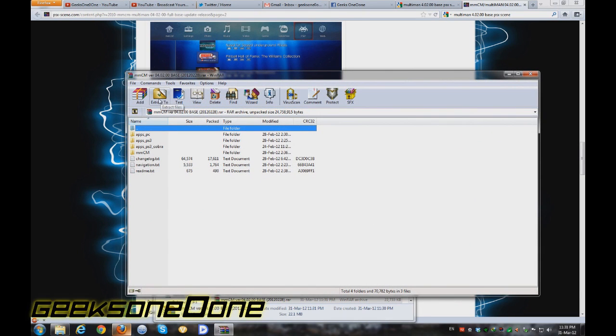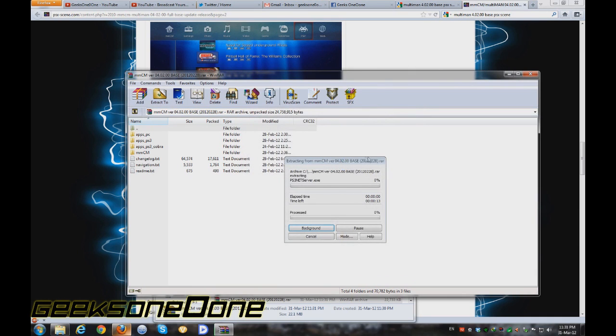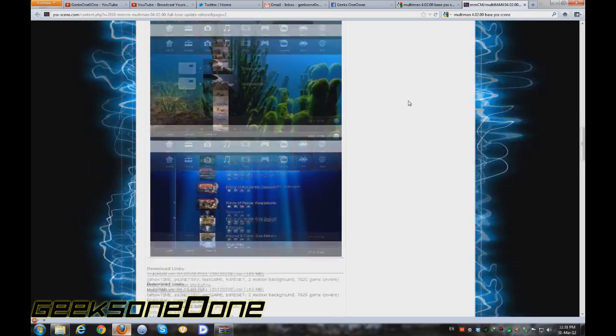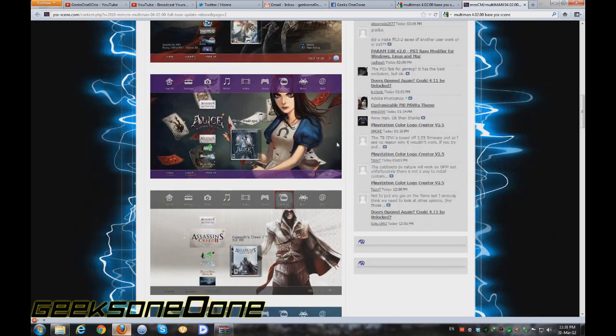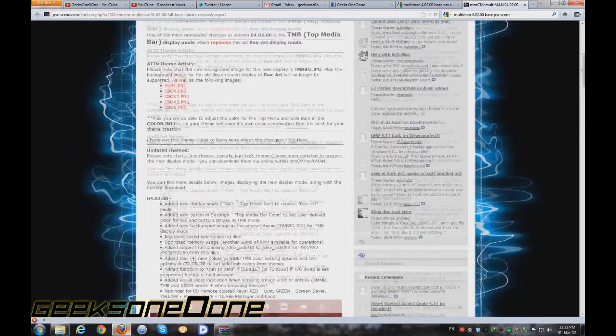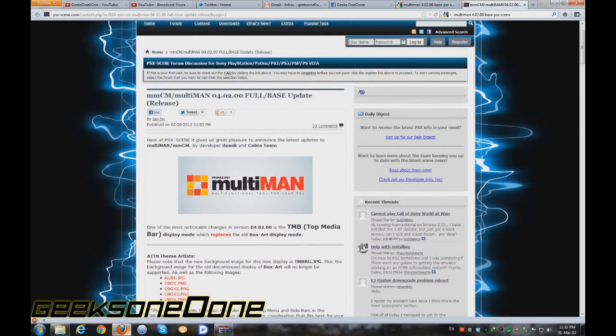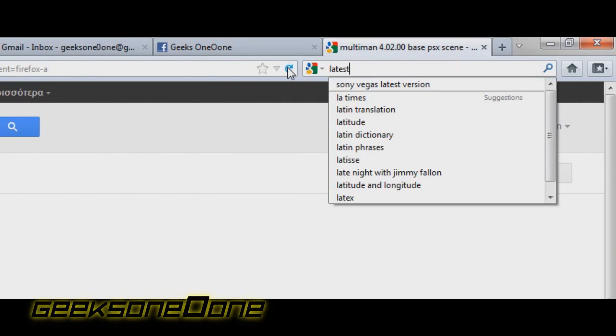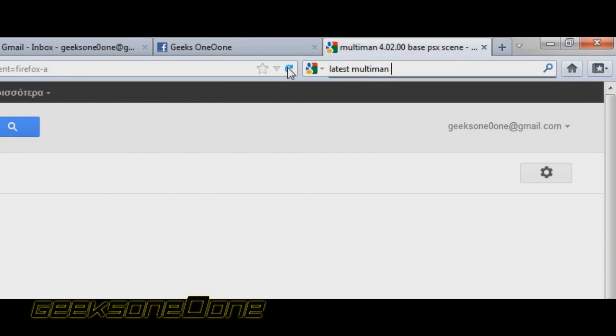Just I'm going to press extract to, so I get the whole file, and in the meantime I'm gonna try and find for you the update. If you don't have your PS3 connected on the internet, you won't be able to update it just with the update function that it has built in. So just exit this and just type in latest Multiman,